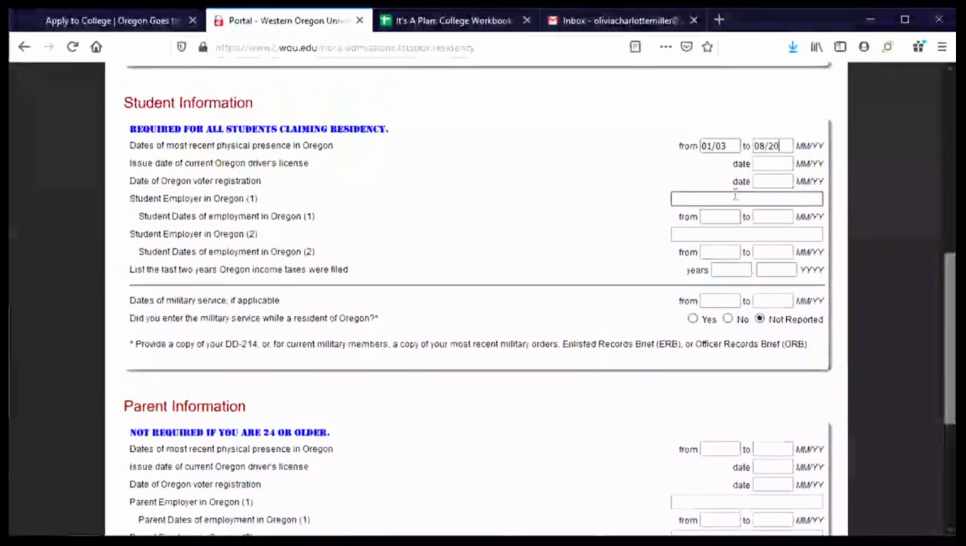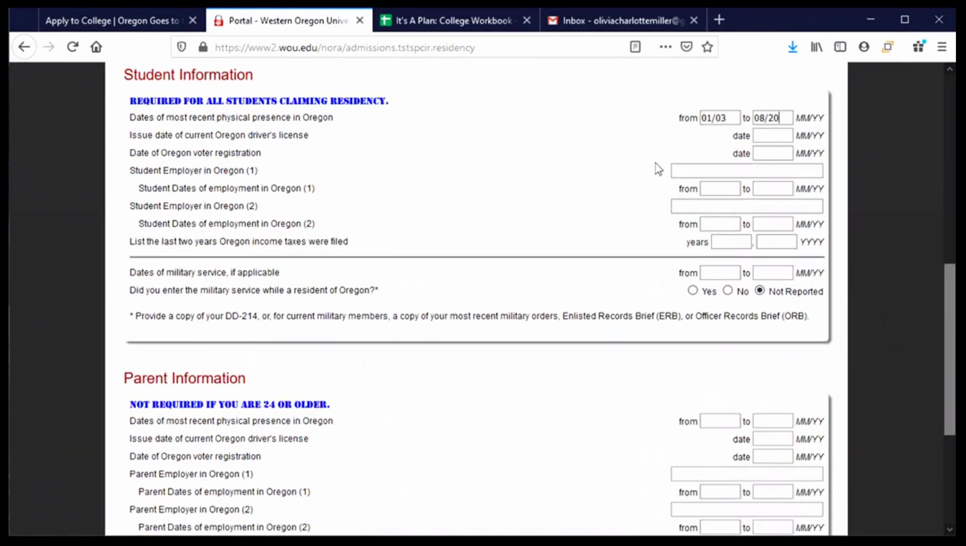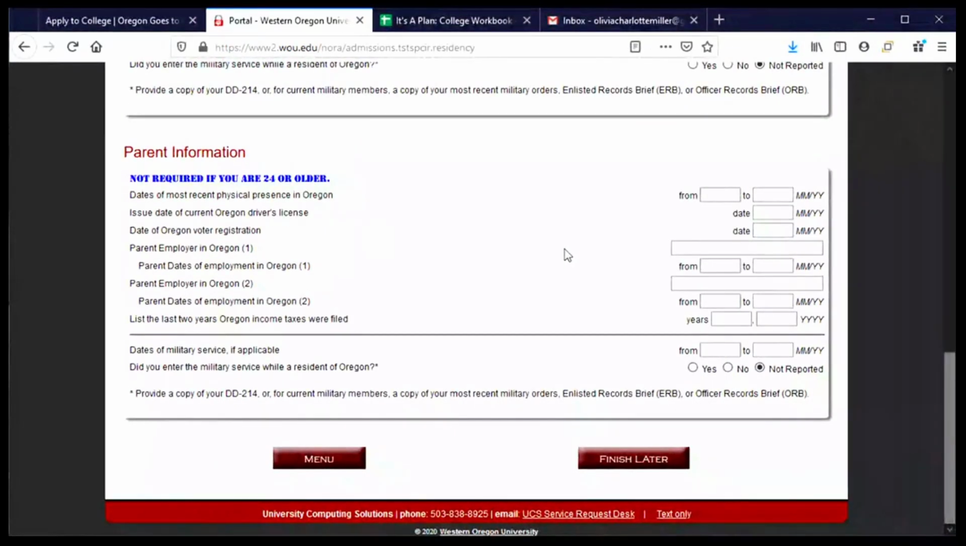So again, it's okay if a lot of this is not filled in, but you'll go down and do the same for parents. Now, the reason that these aren't filled in here is because I don't actually have that information. It doesn't exist because these things do not apply to me. If these questions do apply to your parents, you'll want to make sure that you complete the information. So for me,